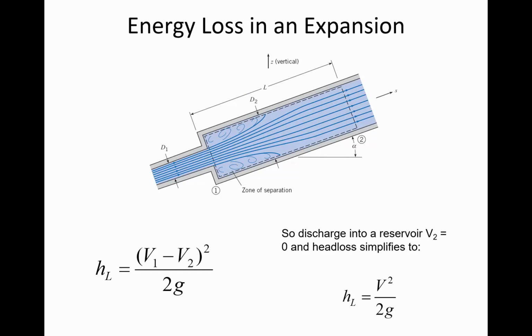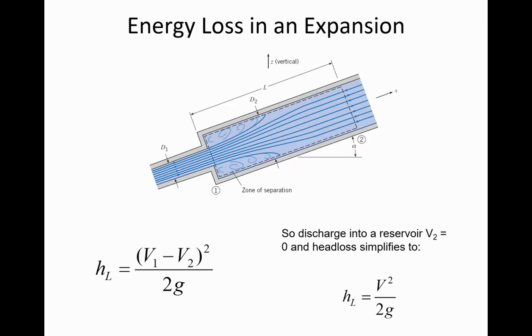Energy is lost in an expansion for some of the same reasons that occur when there is a change in direction. So you can see a zone of separation where, although the pipe diameter has increased, there is this location where the water is swirling around. There's an eddy, and